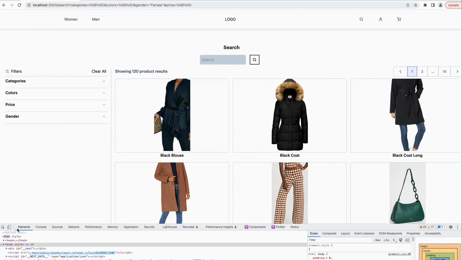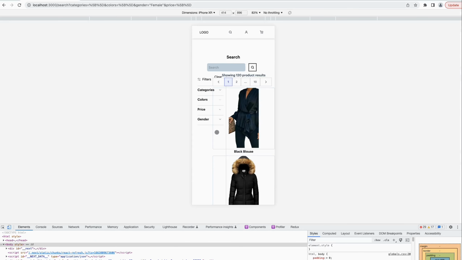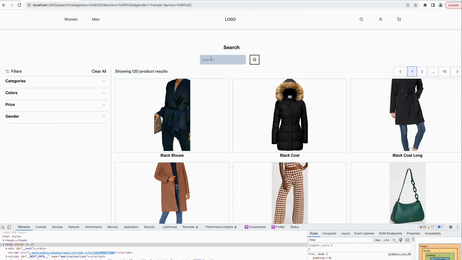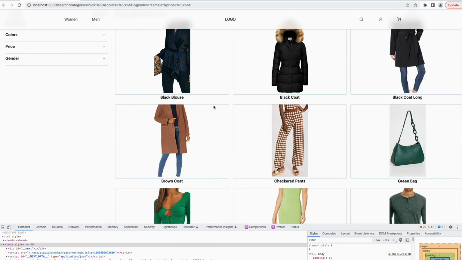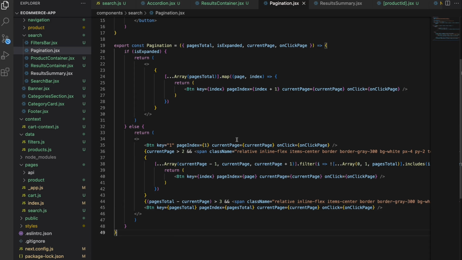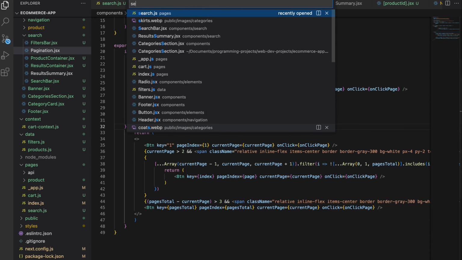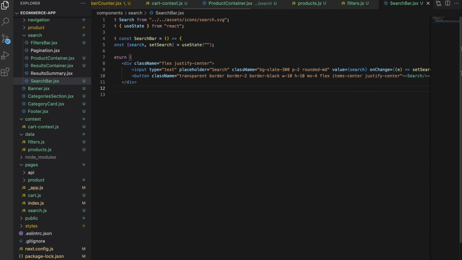On mobile view, as you can see, these filters take up too much space and they're crossing over the other container. So we want to create this as a modal. Before we move on to working on some changes on mobile view, would be this search bar. So when we type in the search and press this, we want the results that contain that search to get updated. So first, let's go to the search bar, and